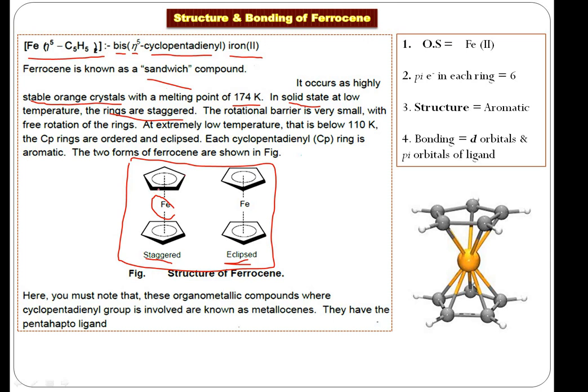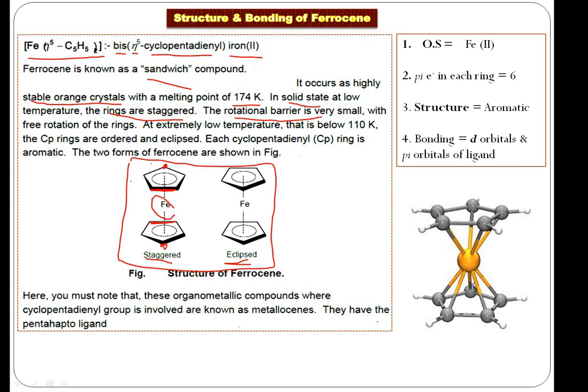Staggered means, now you can see here, for example, this is one side of this cyclopentadienyl ring, and that side is here on this side. So this is opposite. You can see this carbon, and this carbon is here. They're totally opposite. So this is your staggered configuration. This configuration occurs when the temperature is low. The rotational barrier is small. It means if you want to rotate one of the rings, keeping one of them fixed,